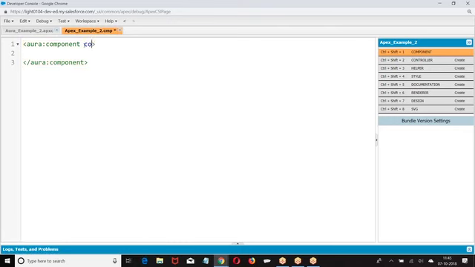So what was the controller here? Controller, aura attribute name equal to. Now you can create a button or you can create a init handler.